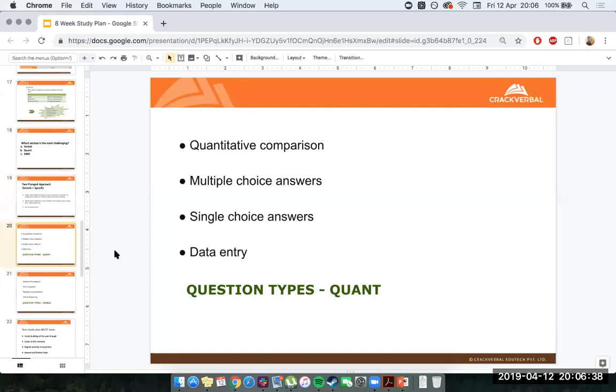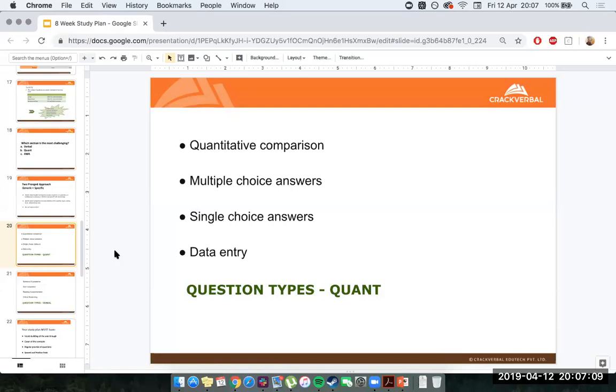Now, to that end, right, it's a good idea to think about, well, what are the types of questions? What do you need to prepare yourself for, right? When it comes to quant, you kind of have 4 types of questions. You have quantitative comparison, which essentially gives you 2 quantities and asks you to say which is bigger. I don't mean it gives you 7 and 13 and asks you which is bigger, right? It's more like something with an equation within it itself. And then it asks you, okay, well, which one is bigger, right? And that's what you've got to answer.